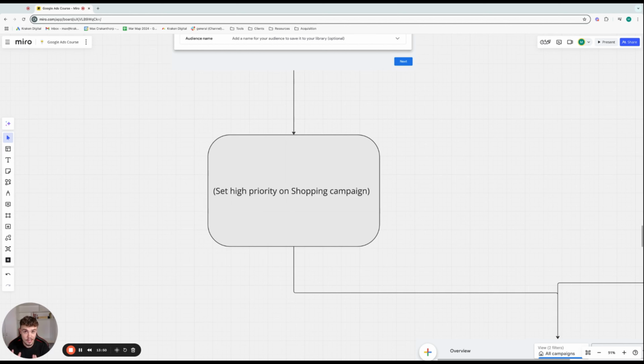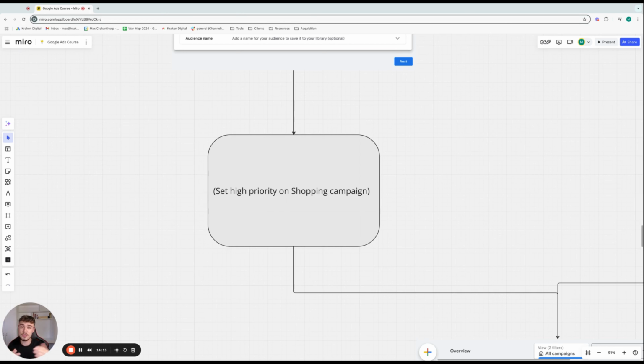And then additionally, if on those shopping campaigns you exclude past website visitors and you exclude branded traffic, that means the only thing you're going to target in these shopping campaigns is brand new customers, which is exactly what you want to scale, right? So you have brand new customer targeting on a shopping campaign, all new touch points and new customers, and then